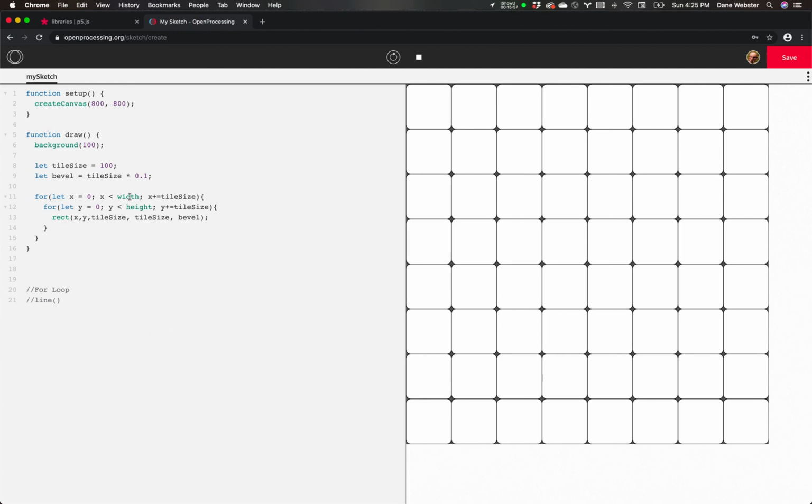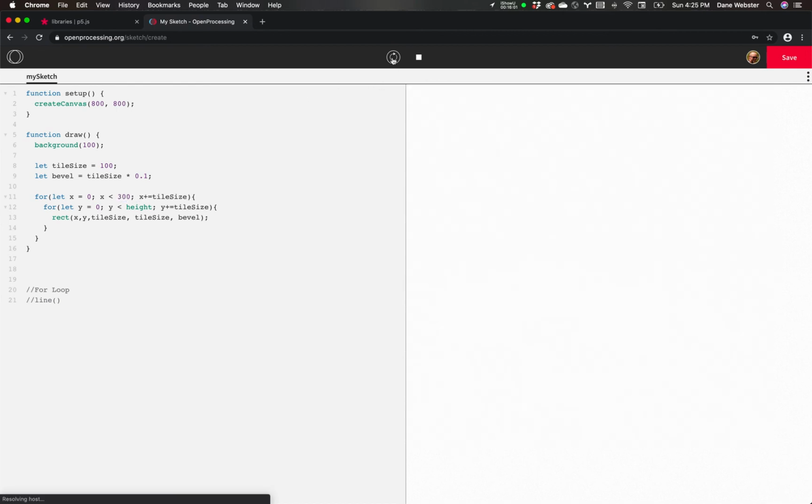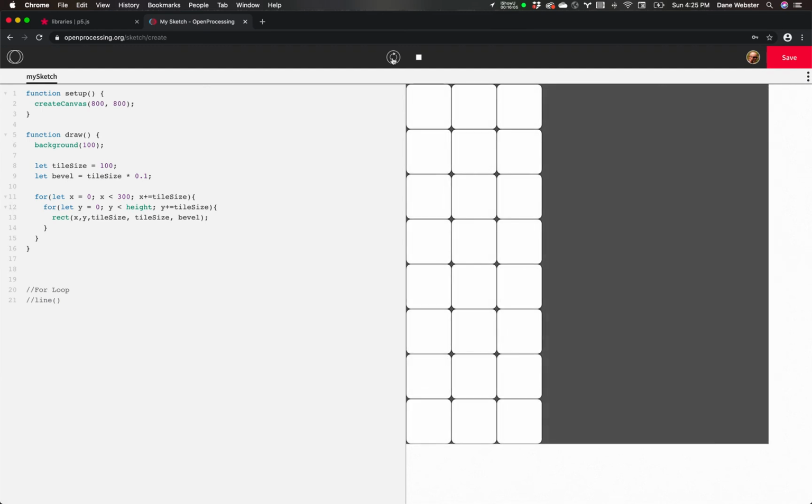I know this to be true because if I put this at 300, right? So I get these 3 iterations of this, but I still get all the height, right? All the height ones work. Okay. The other thing too to keep in mind is that